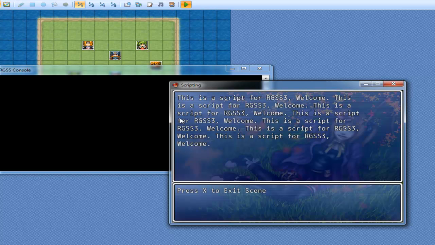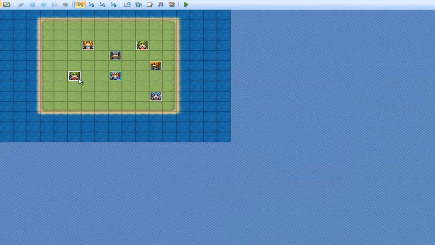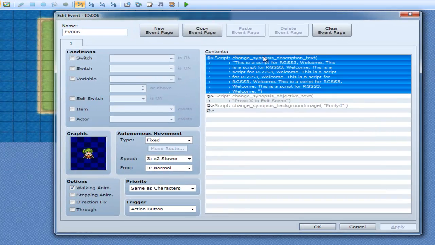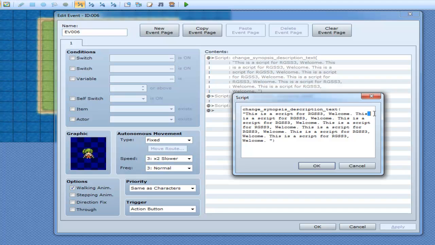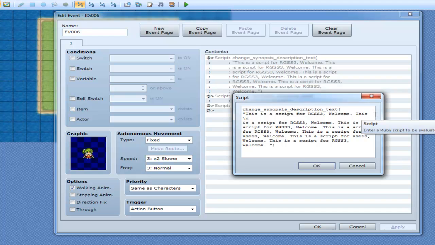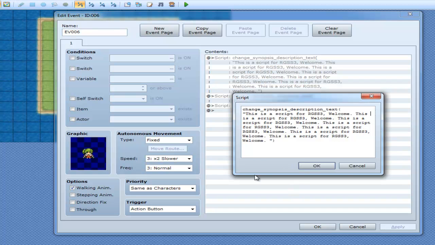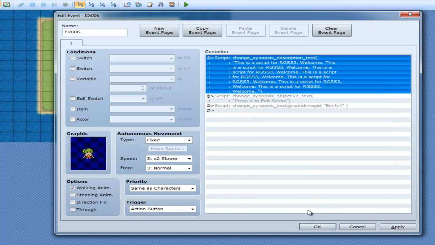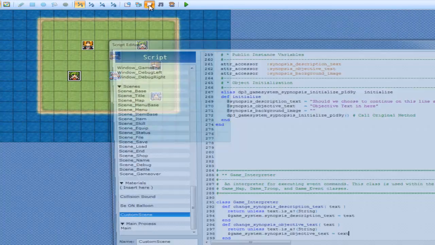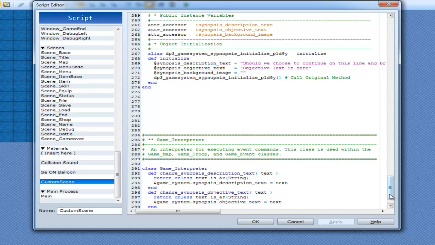So this is a script for RGSS3, which should be here, and the reason why it does that is because every time it hits over here, the script box thing here, it actually does that for you when it hits this section of the script box. So because it does that for you, it ends up breaking line barriers on the script. So we can actually fix that, and to fix that we have to go back to gsub. So if you remember what gsub is,